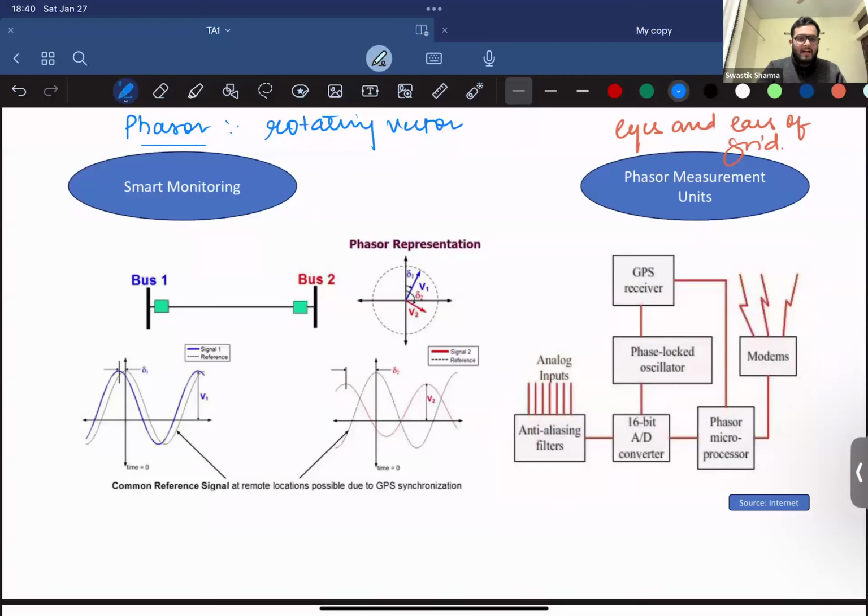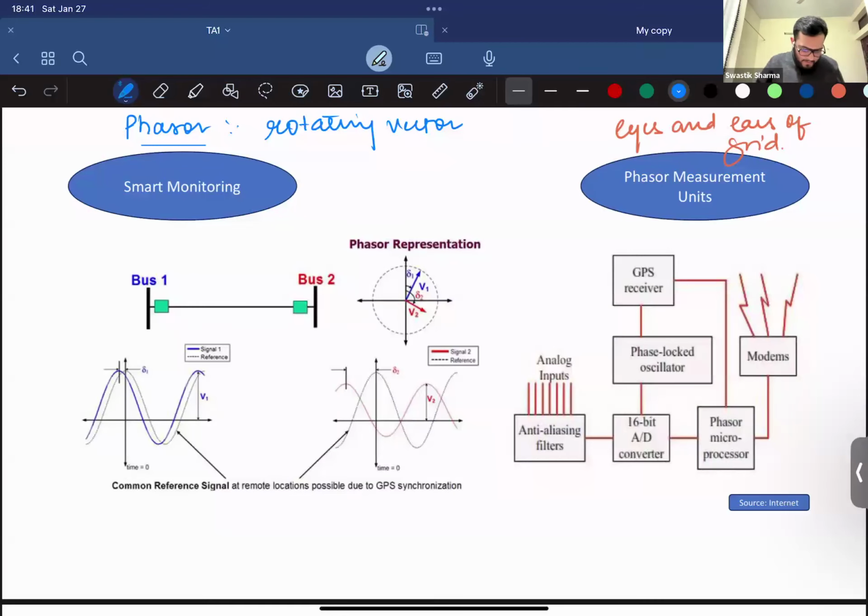We don't want a phasor measurement unit installed at remote location A and a phasor measurement unit installed at remote location B to be differently synchronized, with different sampling. Let's say one is giving me data every 5 minutes while another is giving me data every 2 minutes, or every 10 minutes. So we need them to be synchronized to just one time signal. We can't say one is synchronized to UTC while the other is synchronized to ISC. So for that, we use a common reference signal, which is a cosine signal